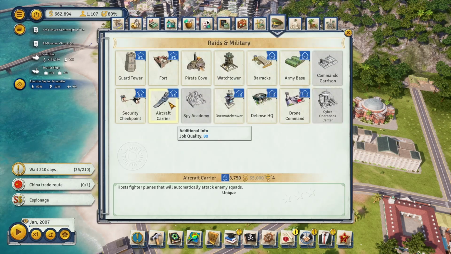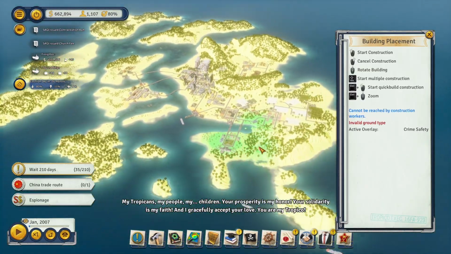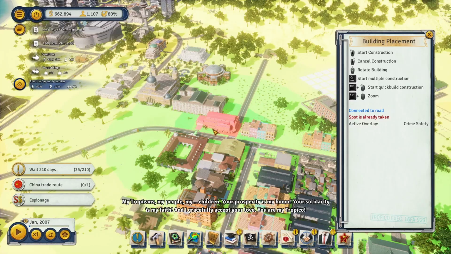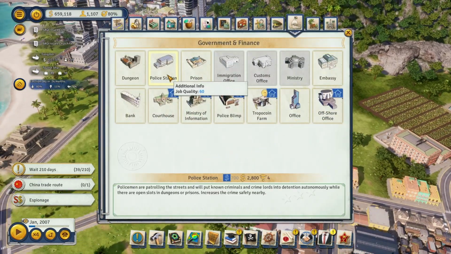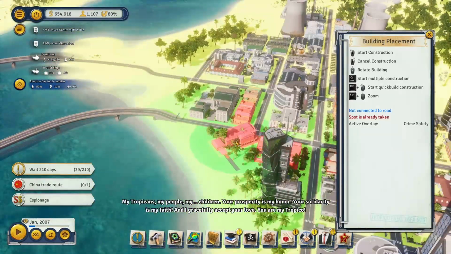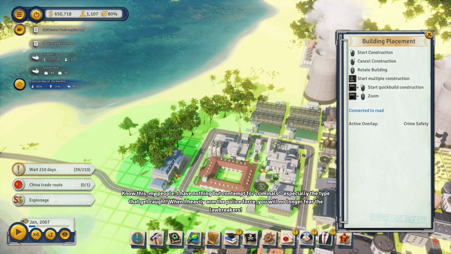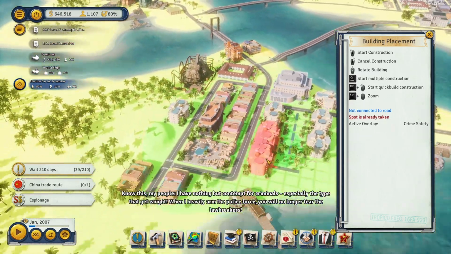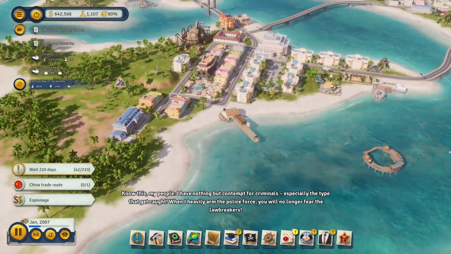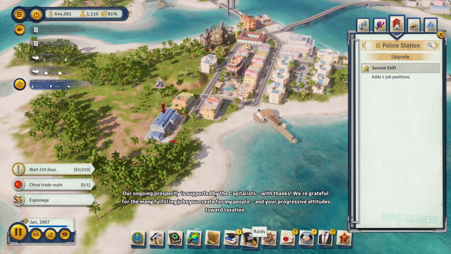My Tropicans, my people, my children. Your prosperity is my honor. Your solidarity is my faith. And I gracefully accept your love. You are my Tropico. Know this, my people. I have nothing but contempt for criminals, especially the type that get caught. When I heavily arm the police force, you will no longer fear the lawbreakers. Our ongoing prosperity is supported by...